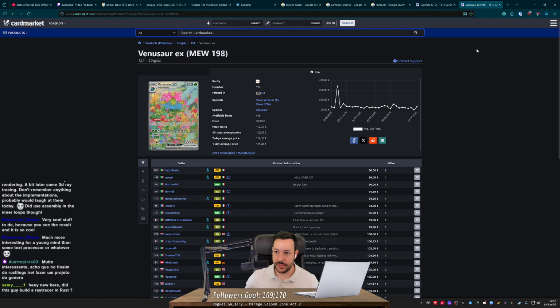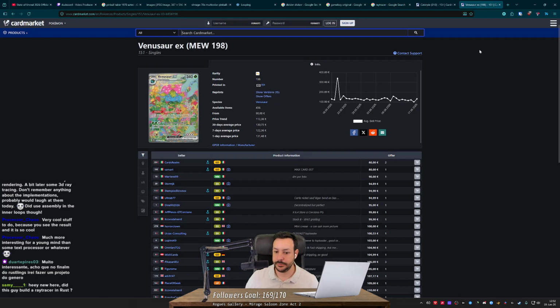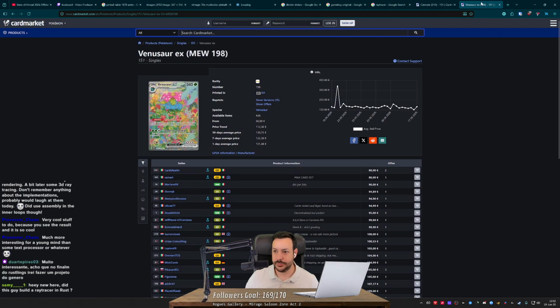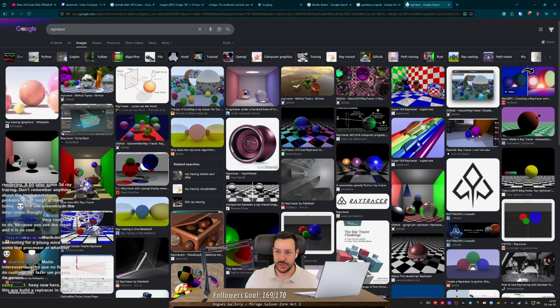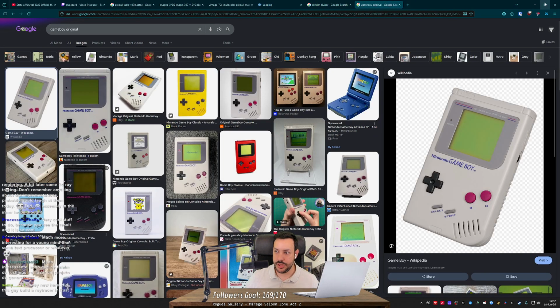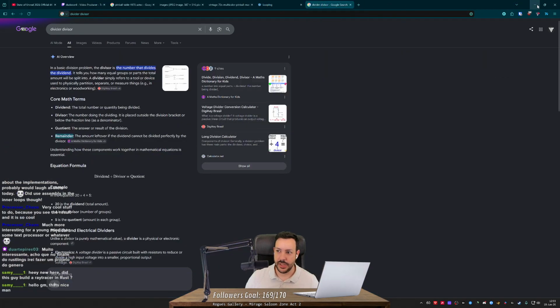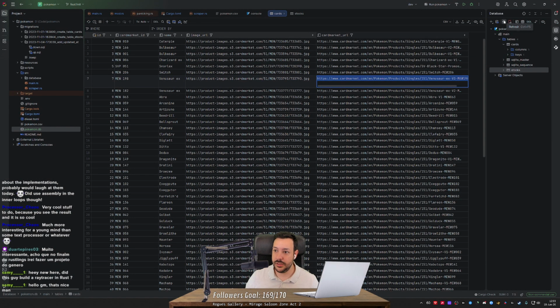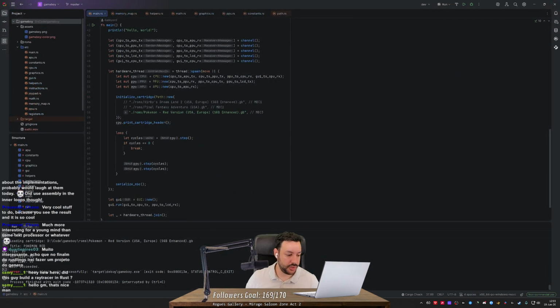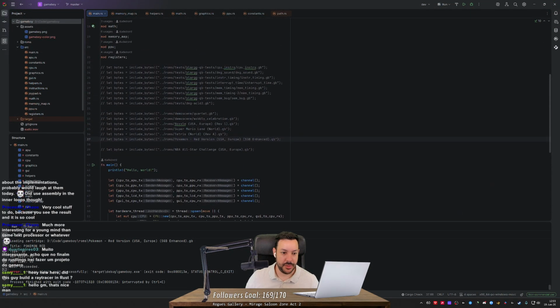That is true. I built a ray tracer in Rust. Why not, you know? It was something that I already knew how to do in other languages, and because I already knew how to build a ray tracer, and ray tracers are fun, and I was trying to figure out how to learn the language, I thought it was a good plan. But then I also made the Pokemon card price tracker, and then more recently,